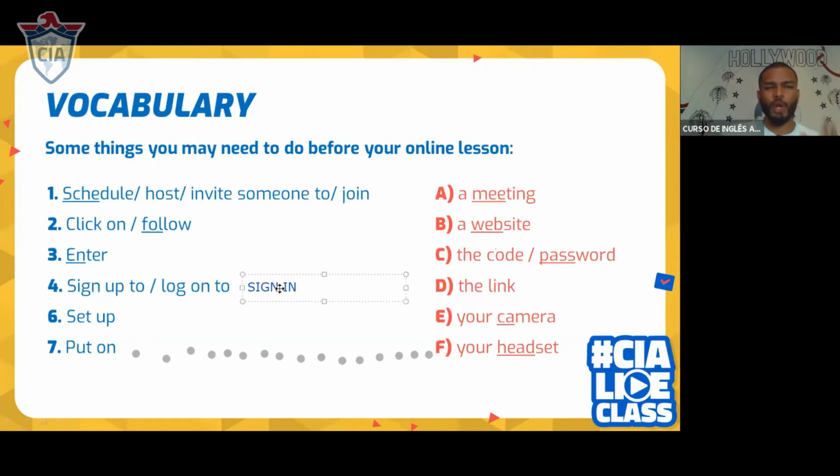Sign up is to create the account. Sign in is to enter an account that you have created already. I mean, sign in is the same as log on to. Log on to the account, sign in the account, sign in the website, log on to the website.